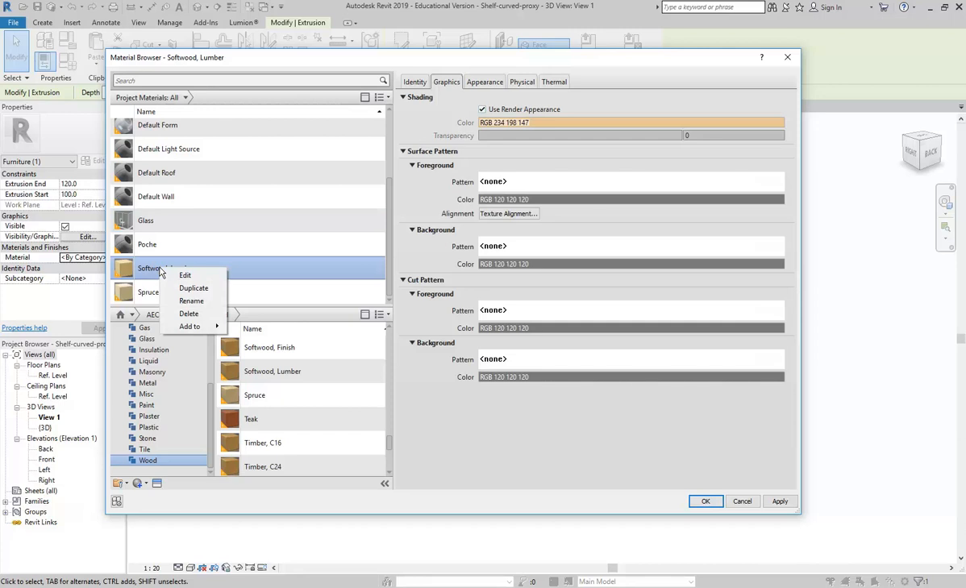Maybe just so it's really clear, I'm going to rename that just by right-clicking on that name there. Going to rename, I'm going to call this Timber Veneer. Just so you can see that name come up when I go back to the project. So I'll click OK,